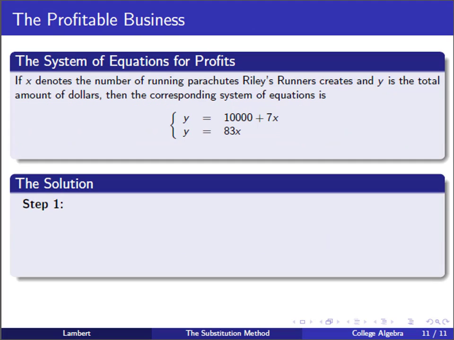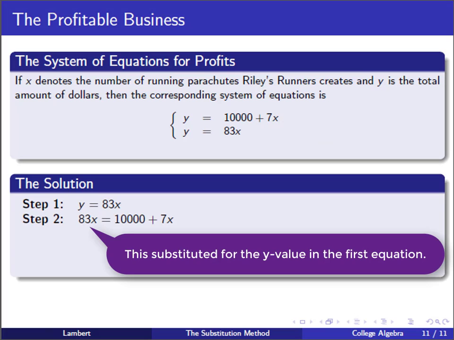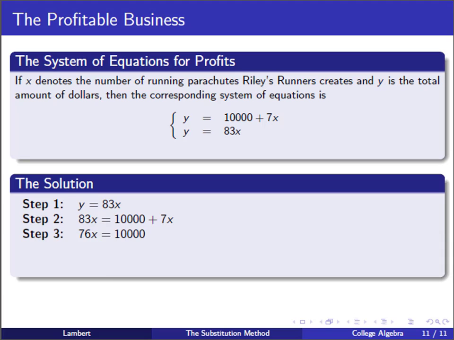So moving forward, how do we solve this system? That essentially solves our problem, and this one's actually quite easy. We already have our first step. You can choose either equation, but I think the second equation is easier to deal with, so we'll deal with that one. y equals 83x. Plug in and make our substitution. So our new equation will be 83x equals 10,000 plus 7x. If you move that 7x over to the one side, you get 76x equals 10,000. Now just divide both sides by 76, and you get x equals 10,000 over 76, and that's about